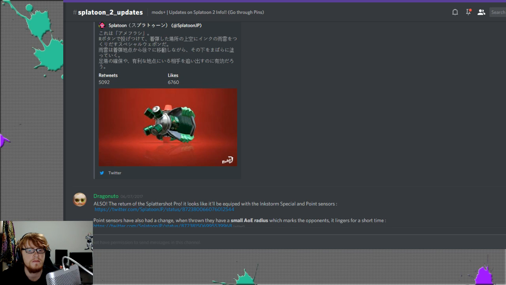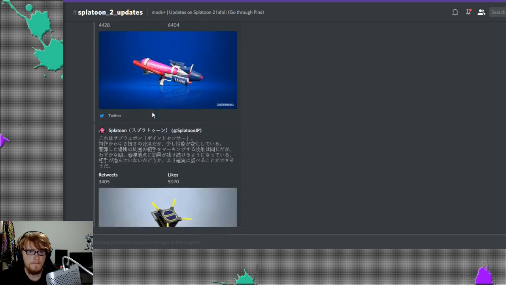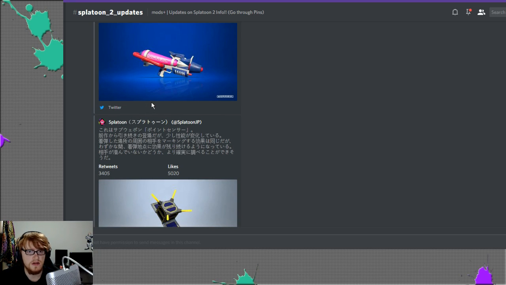It's almost like it should be something you shoot off to the side to paint an area that you wouldn't normally be able to. Essentially it's the same function as a sprinkler, but sprinkler honestly just does the same job better. Sprinkler is probably as good as this weapon, or as good as a special, but it's a sub. If not for that, Splat Shot Pro would probably be my most excited weapon because